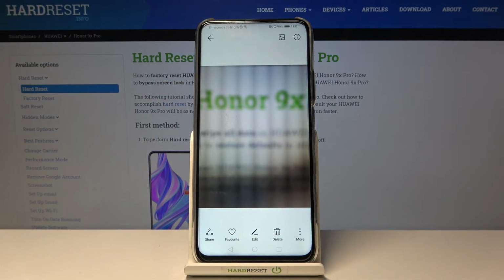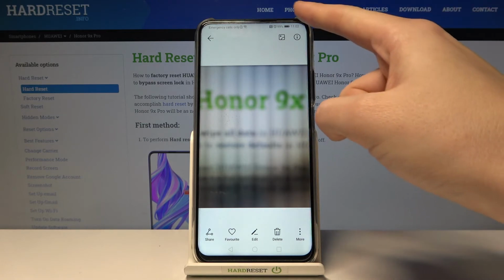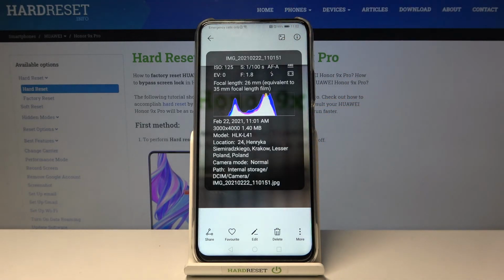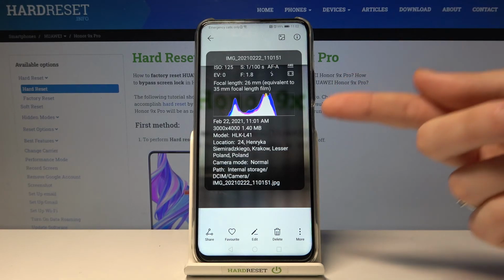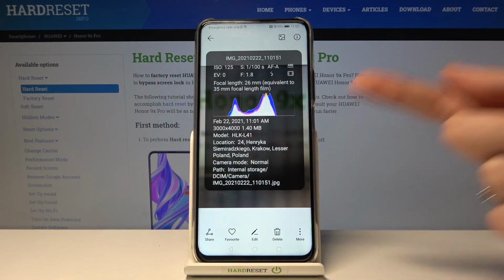This is our picture. To check its location, we have to tap the right corner button here. And now we get access to the details with the location and the full address. So greetings from Kraków,